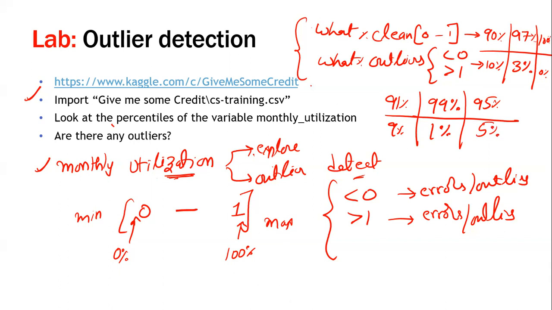When you join a team as a data scientist, this is what you're going to do. There will be a variable. Let's say you're assisting somebody who is building a model. Maybe you may not be able to build the model completely, but at least you will be an associate data scientist. Someone else will be building the model. You will be assisting him with this small kind of work. If he gives you data and asks you to find the outliers with respect to a variable, you will be doing this.